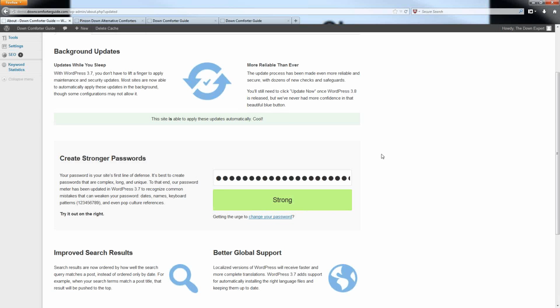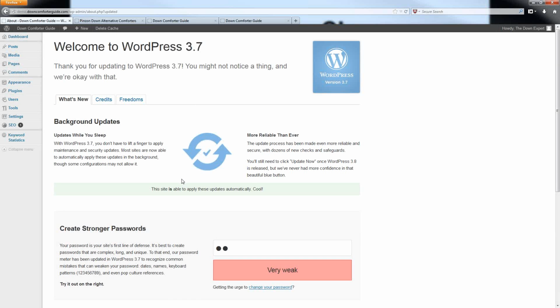Another part about it, I'm wanting to say that the automatic updating with WordPress actually starts happening, not the main core updates, like it's mentioning right here, WordPress 3.8. When WordPress 3.8 becomes available, you'll still have to go through and click on the Update Now button on the Updates page to actually get it to perform that upgrade. However, it looks like as of 3.7 now,